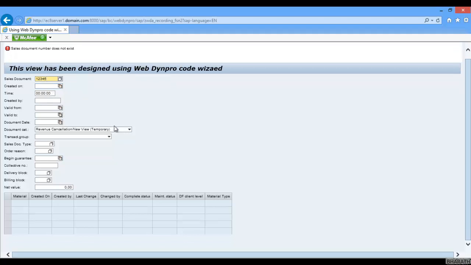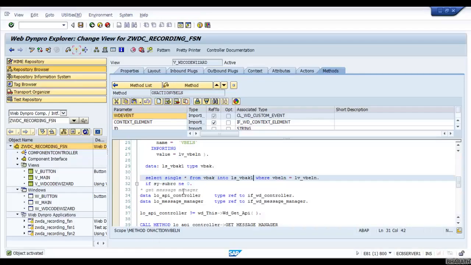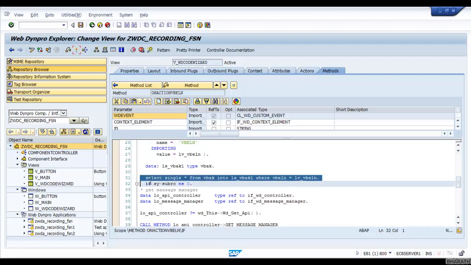Okay, so in the next topic we will see how to work with a table. Now we will see displaying data in a table. And one more thing, as per the MVC architecture, we are not supposed to write any select queries or database SQL statements in the view level, or controller level, or anywhere.